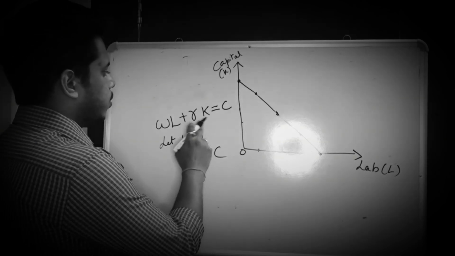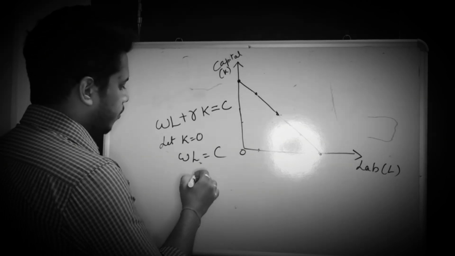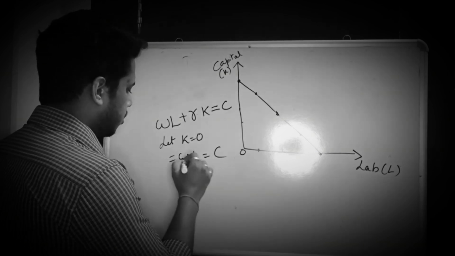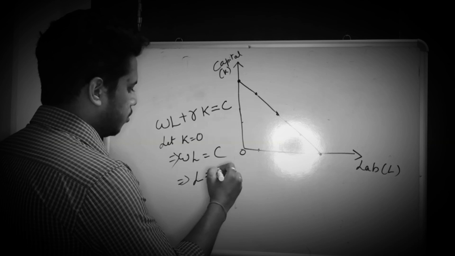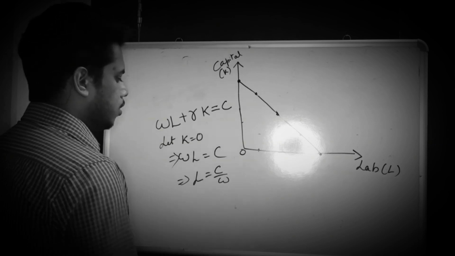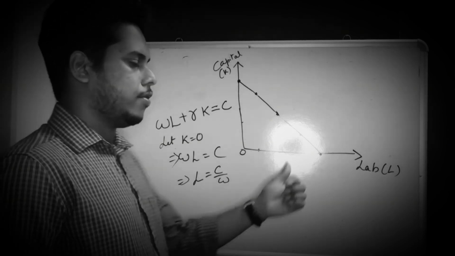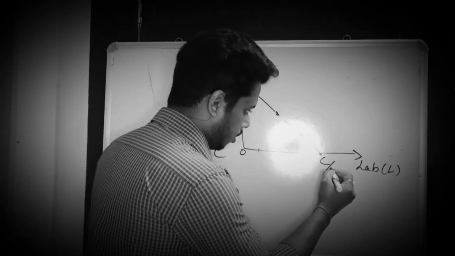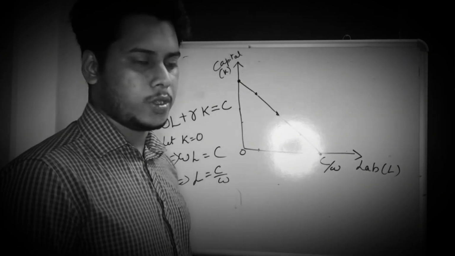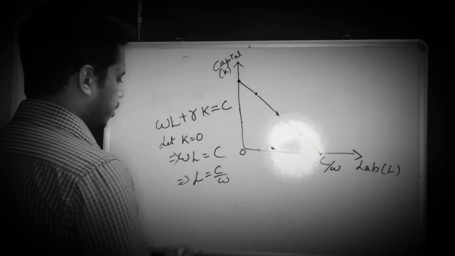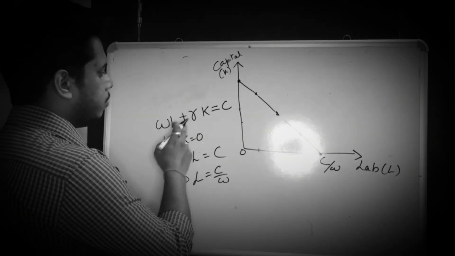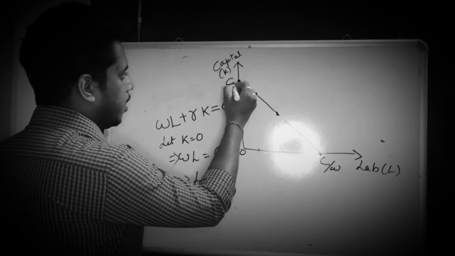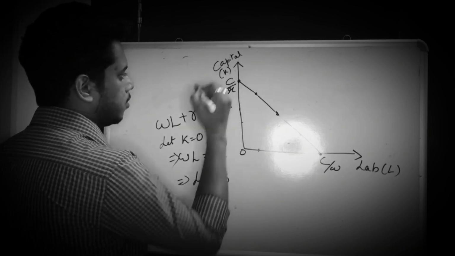Okay, this part will disappear, and therefore this can be written as L equals to C by W. So the intercept of the labor axis or the x-axis is C by W. Okay, similarly we can find out the intercept of the capital axis. It will be C by R. Okay,